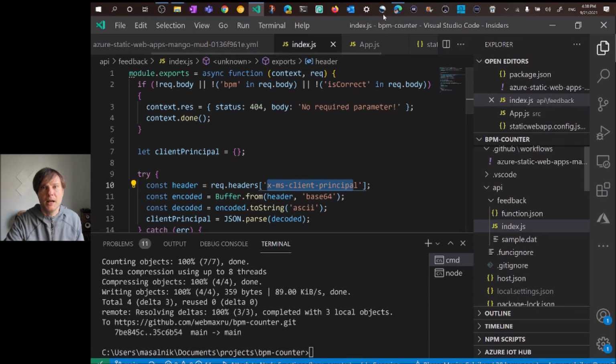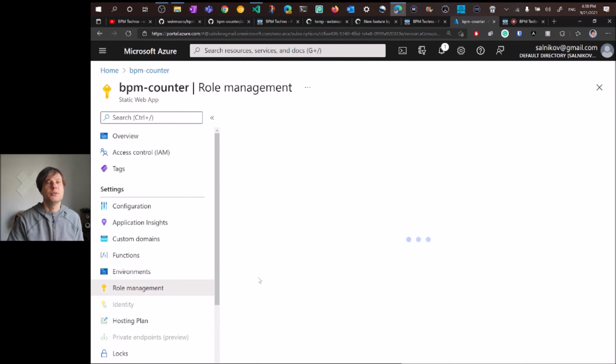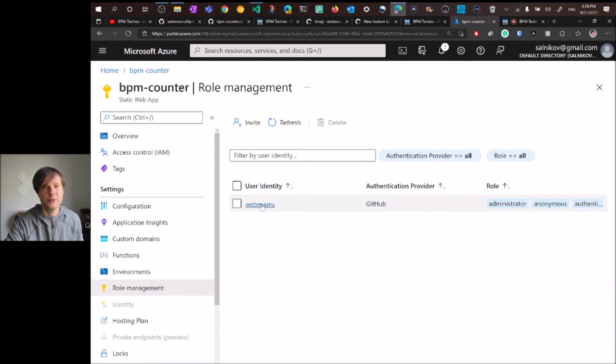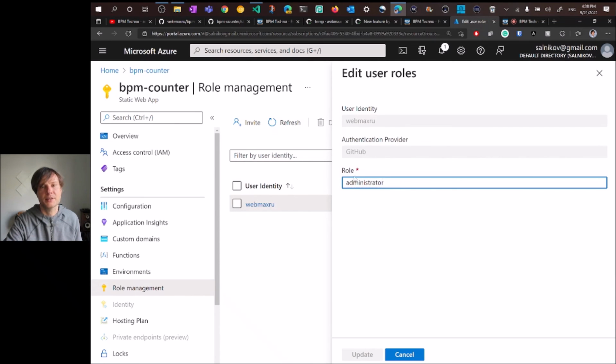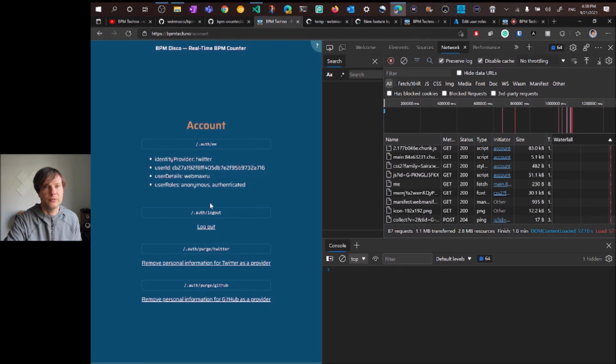authentication data. This is, let's say, basic authentication, and to create role-based authentication, you go to the portal and you assign users roles. So I created a user called webmaxru on GitHub, and it has an administrator role. This is a custom role I created. And yeah, a user has to accept assignment of this role by clicking some unique link you will get after you invite them. And then after they log in, they will also have this particular role